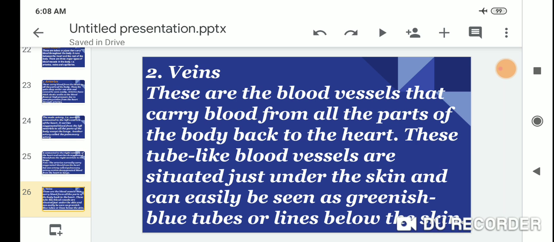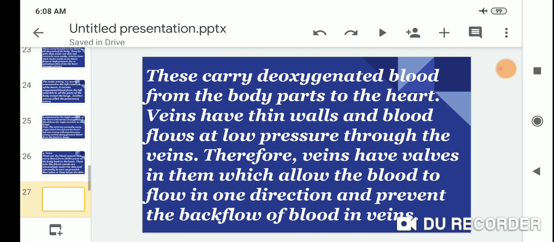Veins. These are the blood vessels that carry blood from all parts of the body back to the heart. These tube-like blood vessels are situated just under the skin and can easily be seen as greenish blue tubes below the skin. They carry deoxygenated blood from the body